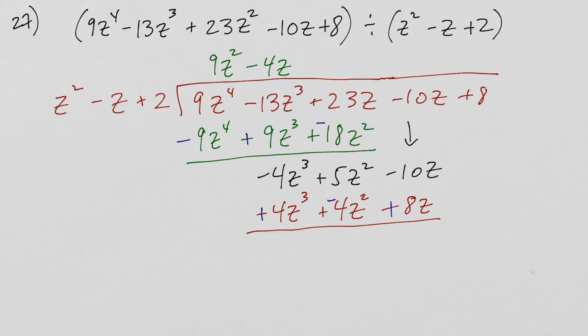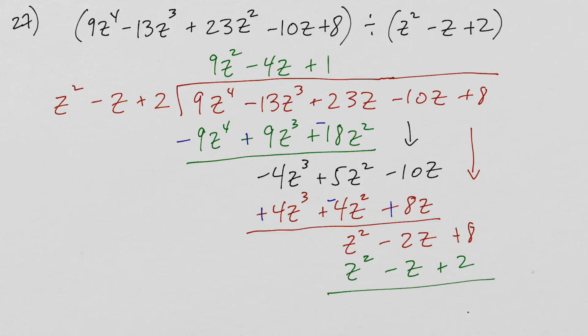And I'll get 1z squared minus 2z, and finally I'll drop down that plus 8. Looking at just the first term, I have to multiply by a positive 1. And when I multiply by 1, I get z squared minus z plus 2. And again, instead of subtracting, I'm going to flip the sign of the bottom row and add, and I'll get